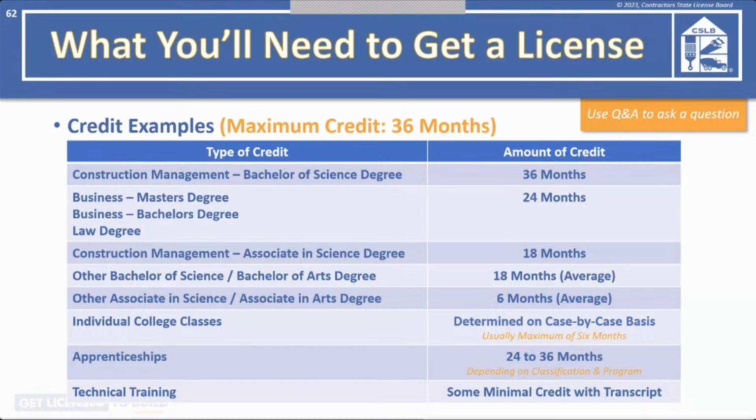Just to be clear, if I have a bachelor's of science degree and a master's of business administration degree, I will only get credit for the MBA, 24 months. I can't stack those 2 degrees to get a 36-month, correct? That is correct. If you have your BA and then you get your master's, you can only use one of those. And if you submit both of them, we're going to go with the one that will give you higher. But yes, you can only use one. You cannot stack them.